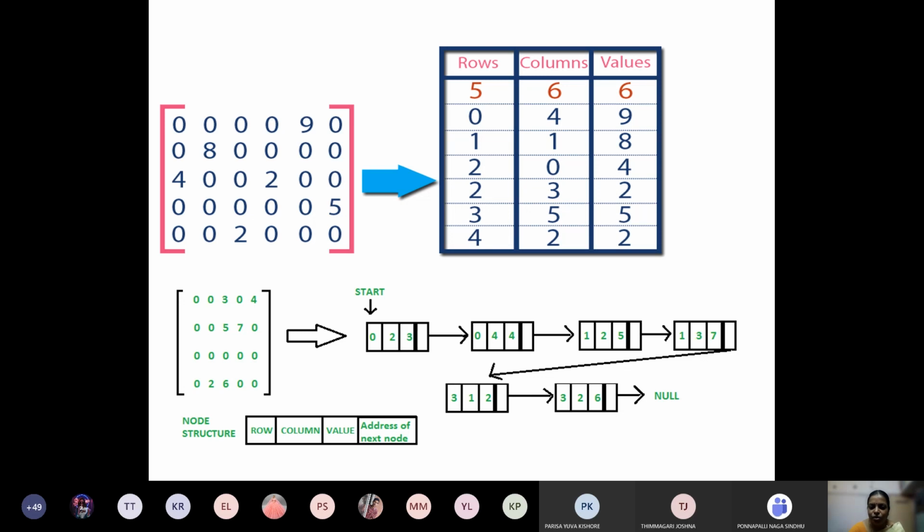Just write the structure in the chat box. Okay, no one knows this.